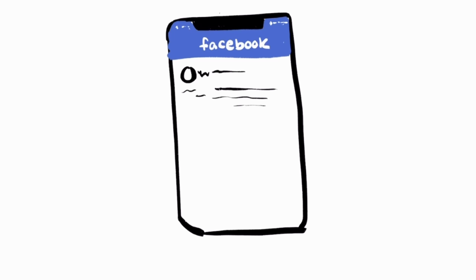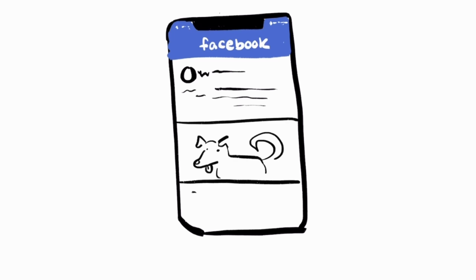Obviously, I can't cover everything in machine learning in one video. So what I'm going to do right now is give you a brief overview of how this process might work in theory, using an example of something that you're probably familiar with in your day-to-day life, the Facebook newsfeed.